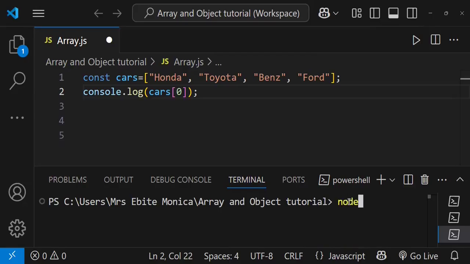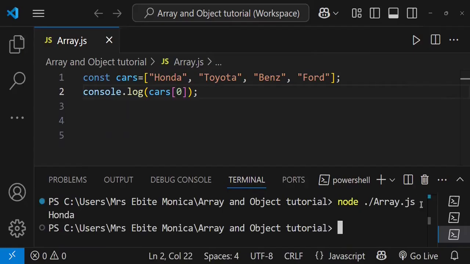So node array.js. Okay, before that, let's save this. So we have this. So you can see